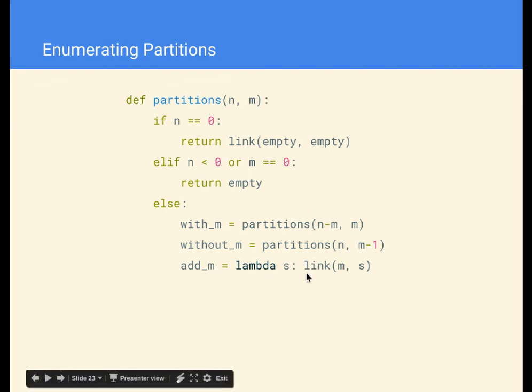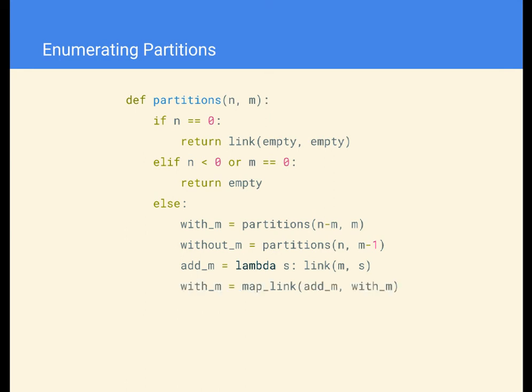Does that help clarify? Yeah, so this is what goes on, but I think it relies on your understanding of count partitions. So if this is still confusing, I recommend going back to count partitions, thinking about those base cases, seeing how these base cases relate, and then thinking about this picture. Because what MapLink does is go through each element, there's only 1 element here, and it applies addM to this empty. And so it builds off of that.